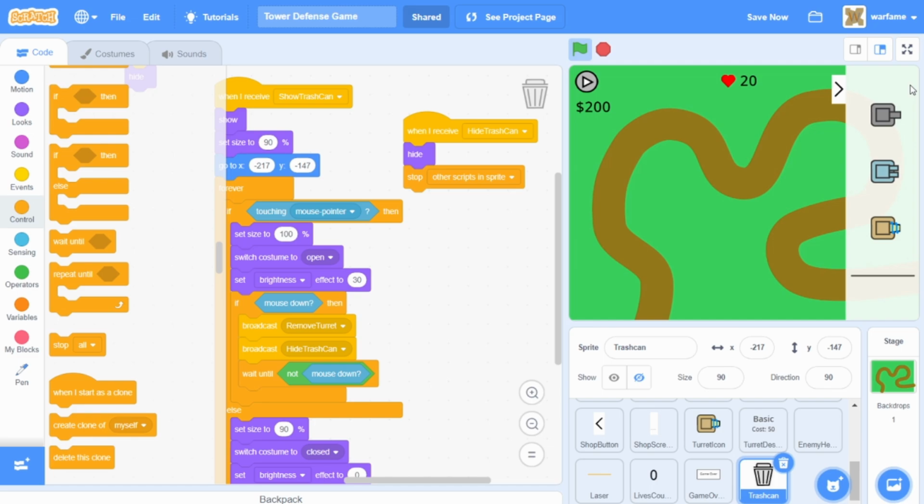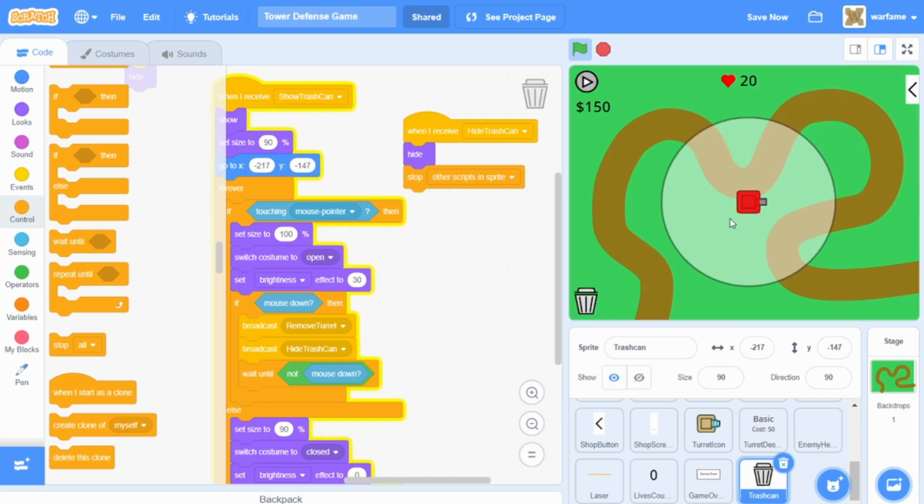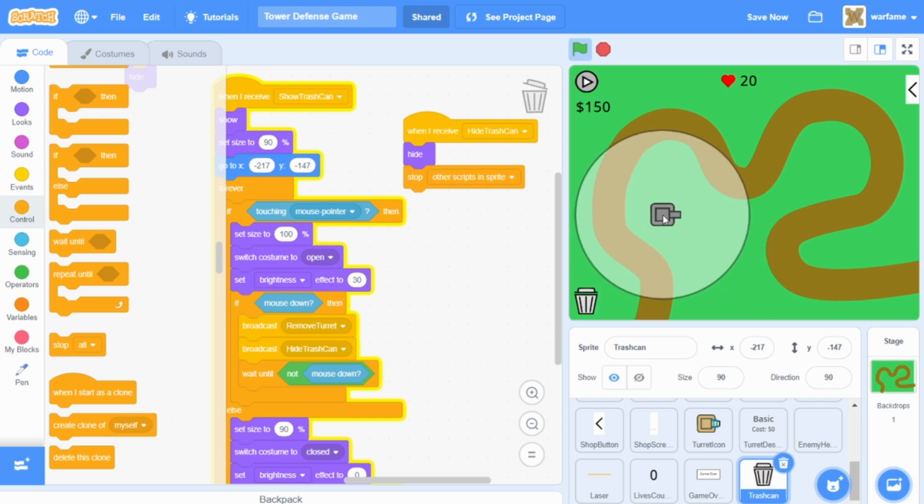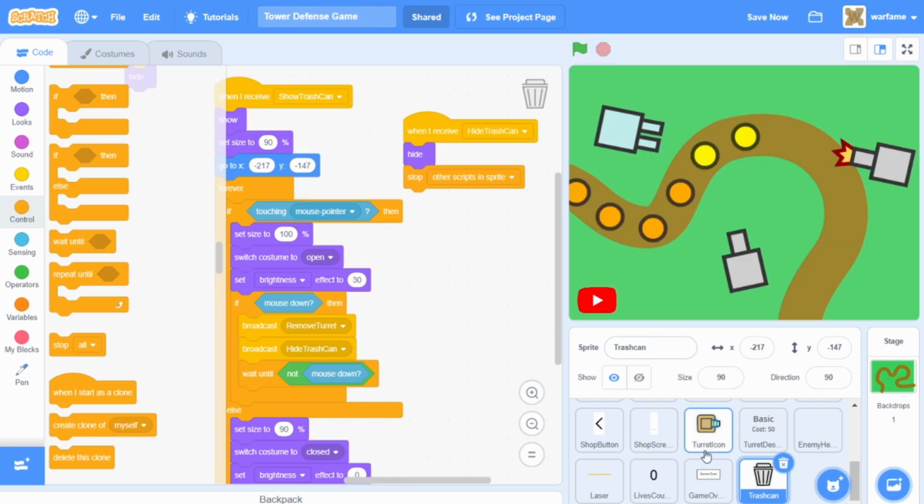And if we select a turret, then as you can see, we have the trash can icon. And if we hover over it, it switches costume to the open costume. And if we stop hovering over it, then it switches back to the closed costume. All right, cool. However, as you can see, once we place down a turret, the trash can still appears, but we want to make it hide. So inside of the turret sprite,